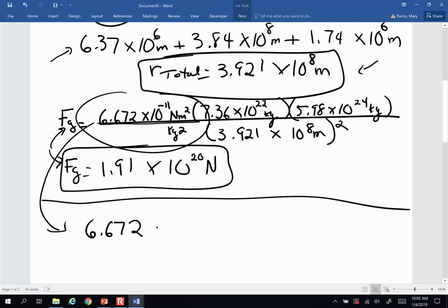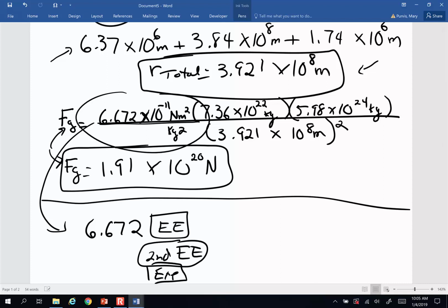6.672, and instead of hitting times, now here's where it gets confusing. The problem says times, but you don't hit times on your calculator. You want to get into scientific notation. So you would either hit the EE button for exponents. Some of you are going to have to hit second EE, and some of you are going to have a button that says exponent, and it kind of depends on your calculator. Then I would hit negative